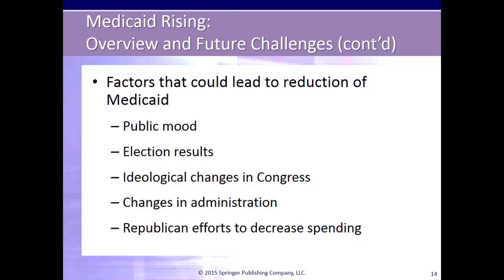The factors that contribute to potential reduction of the Medicaid program are typical of any policy process. The party in power and the support or lack of support of the public all play a role. The Medicaid program is a good example of the forces that push for expansion and then push for contraction of the program. This semester, we will continue to consider health policy and how it affects virtually every aspect of the U.S. healthcare system.